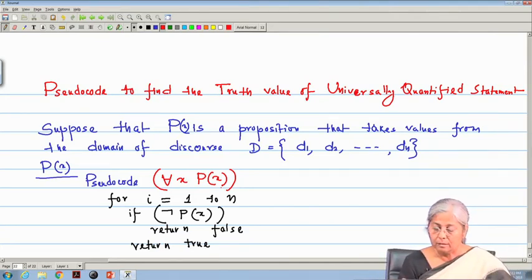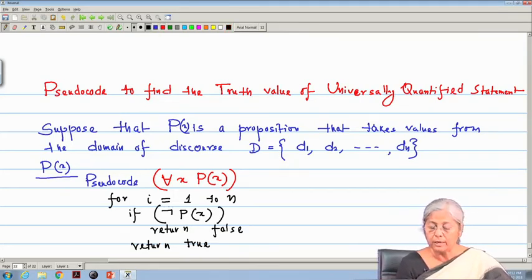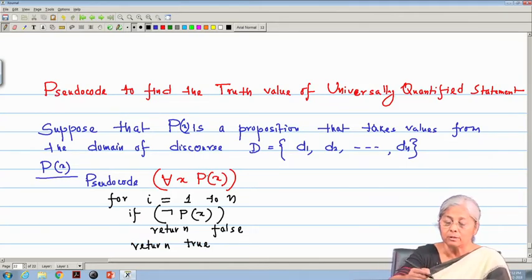See, if it is only for i equal to 1 to n, if negation Px, that means for one value of i, x can take one value for which this becomes false, then it is false, no need to check others. But if for all values of x, for i equal to 1 to n, it is true, then my Px is true. So, now I can easily write